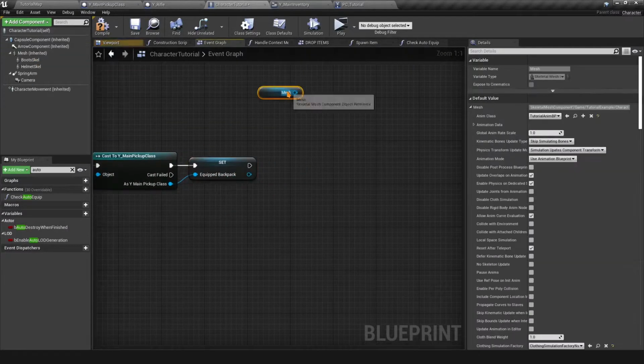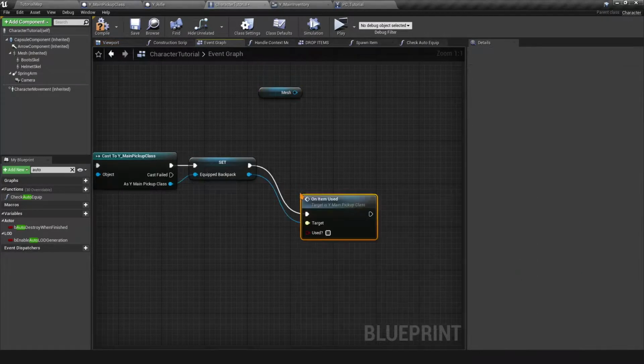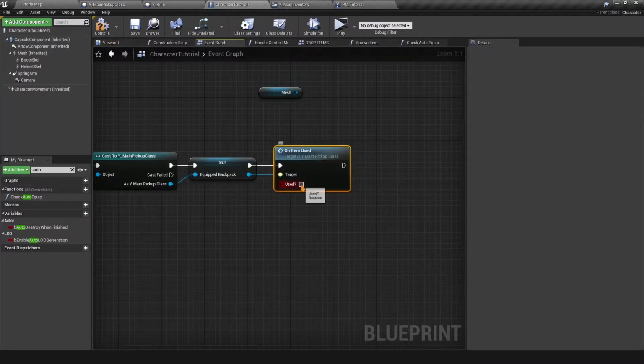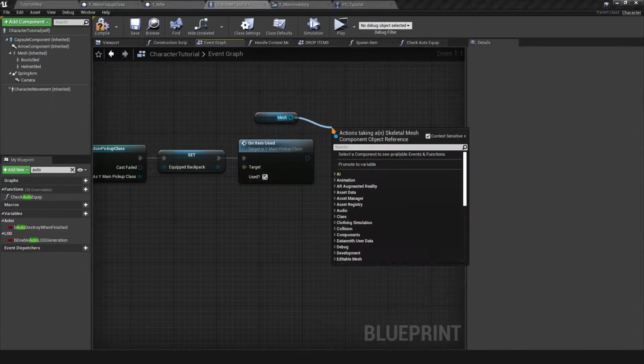So the same thing here. I'm just going to do on item used once again, set to true. Notice that this is not a message interface. That's because it's the class that implements the interface. That's why you have this here, so you can call it like it's a normal function. So first of all, use true, and then now we can attach